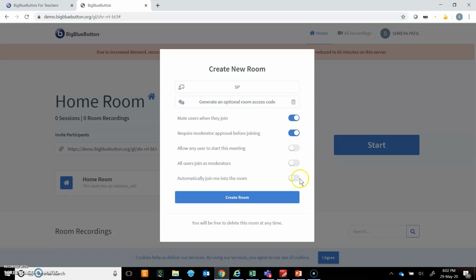So I'm not going to click on these options because I want to keep some security measures in my room. So I can also generate an optional room access code. So I'm not going to do that right now. So I will click on create room.